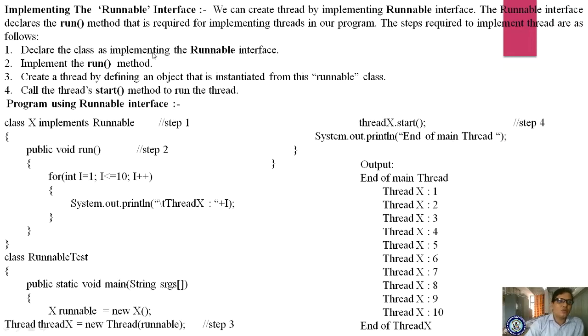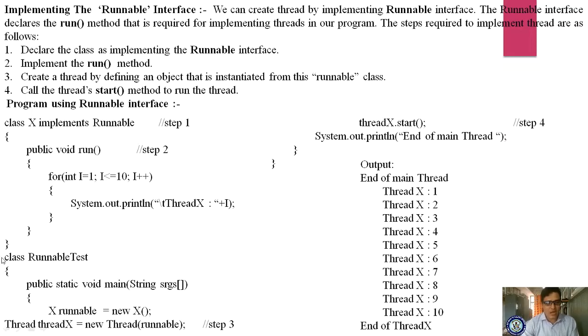Got it? So likewise it will be executed. Please once again observe this program carefully. What I am doing, I am defining the class that implements, meaning it is inheriting the interface. Which interface is it inheriting? It is inheriting the Runnable interface, and the rest is the same thing: public void run method, and your loop is the same.